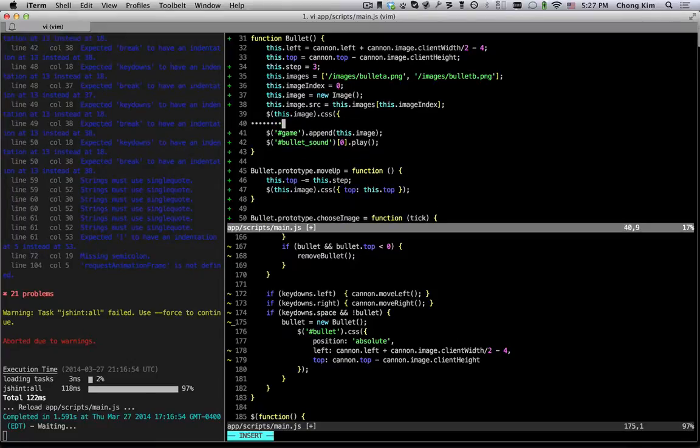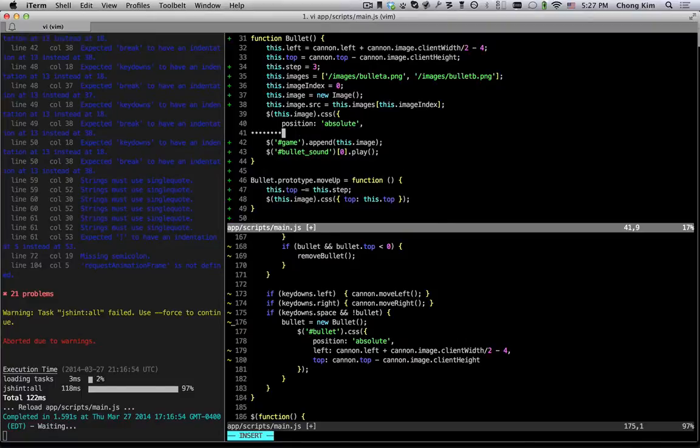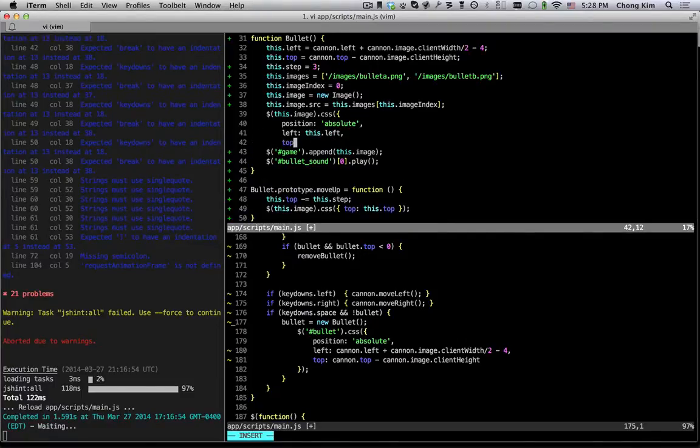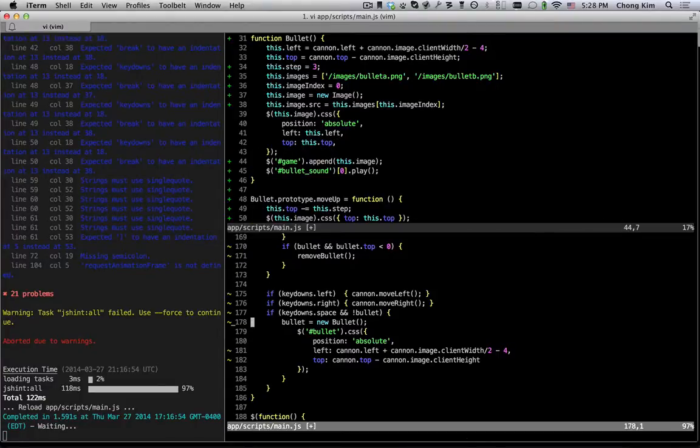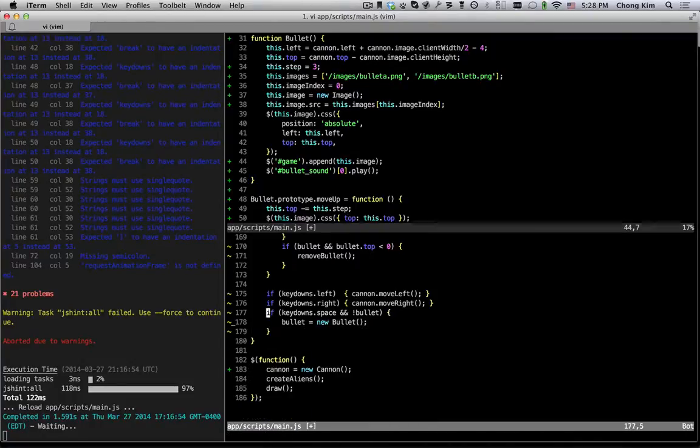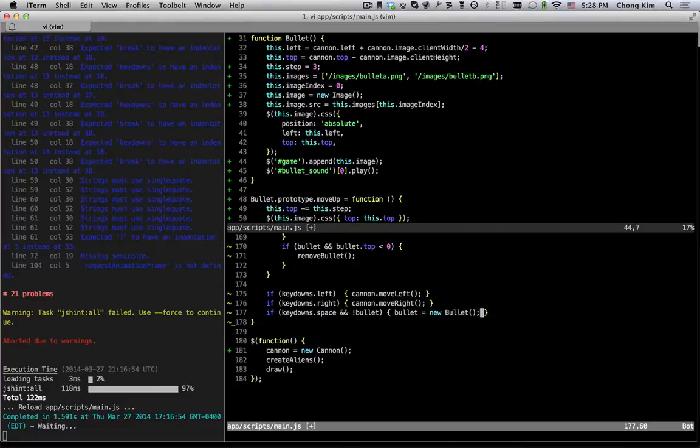All right, so position is absolute, and the left is this left, and the top is this top. So this takes care of all of this stuff, so we don't need this anymore. Okay, so we can actually put this in one line. I don't know if that's a good thing, but actually it makes sense, because if the